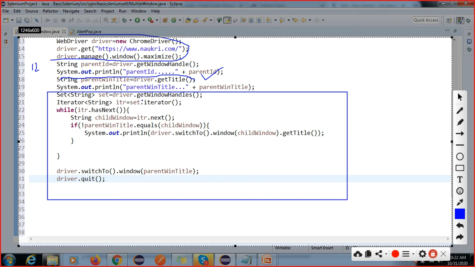By using Set, we can only store unique objects. In other collections, array or list, duplicates are also allowed, but here it only stores unique objects. So that's why the people who developed this getWindowHandles method gave the return type as Set.